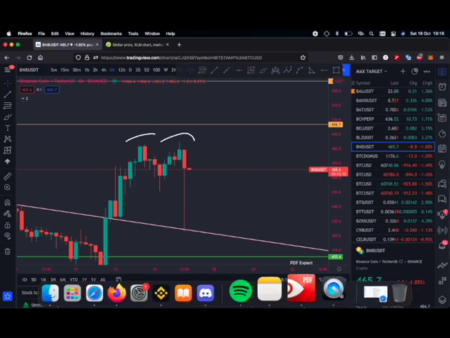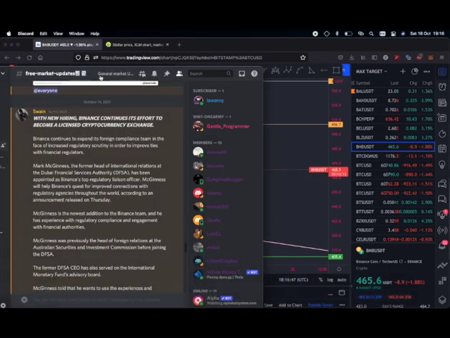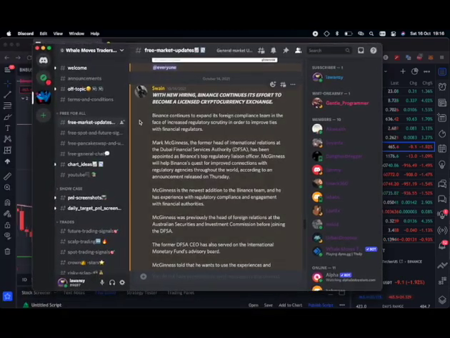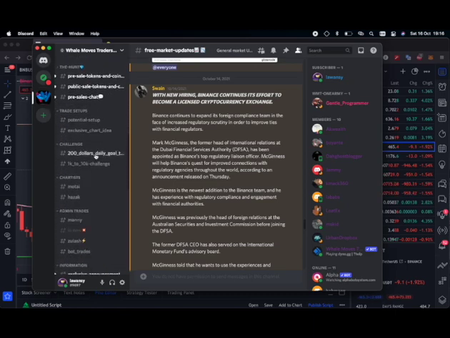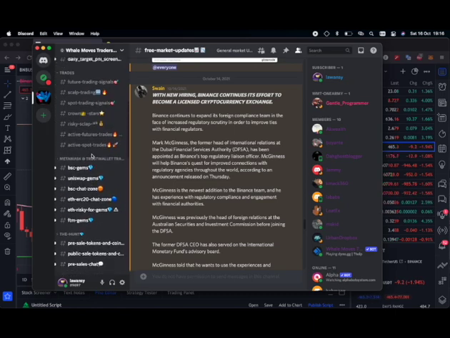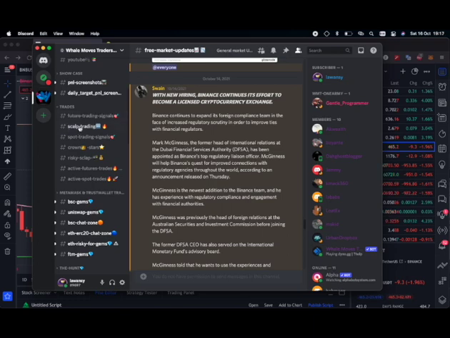So we're going back to the Discord app. Now this time around, we're going to look at the signals that have already been posted by admins. It's going to be very, very good. Trust me, you're going to love this. So we have a futures trading signal here. We have a scalping signal. We have a spot trading signal.